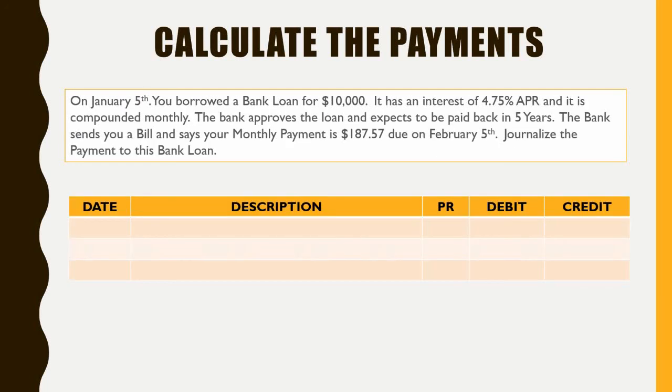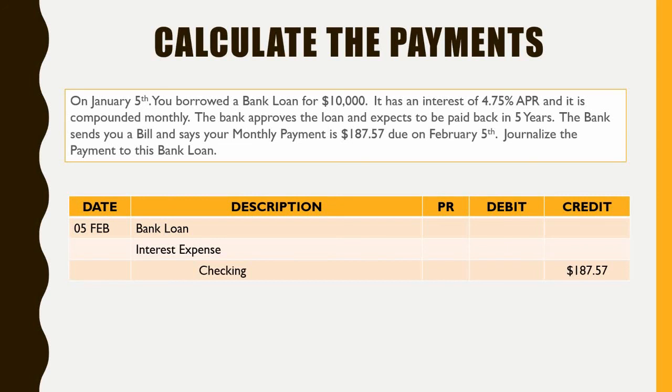Let's see what happens when I do that. Because the idea is that you always pay your interest first, you're going to make a payment to your bank loan, and you're going to recognize that you had to pay the interest first. Then obviously you wrote the check out, you made the payment for